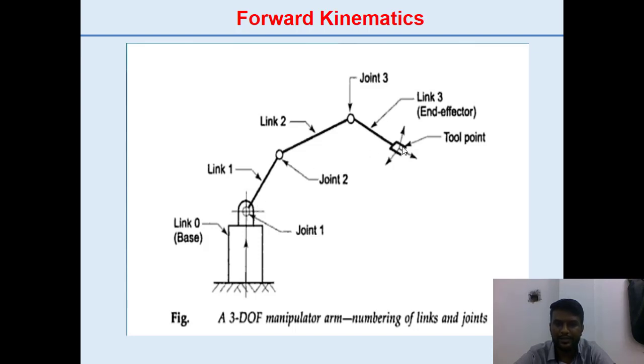So what we need here is the position of this tool. A coordinate frame is attached to the tool, and one frame is attached at the base. The other frames are attached to the different joints, and we find out the position of this tool in the reference frame, the frame that is attached at the base. To find out the position of this frame with respect to the frame attached at the base, we need the transformation matrices. So that will be a rotation or a translation.